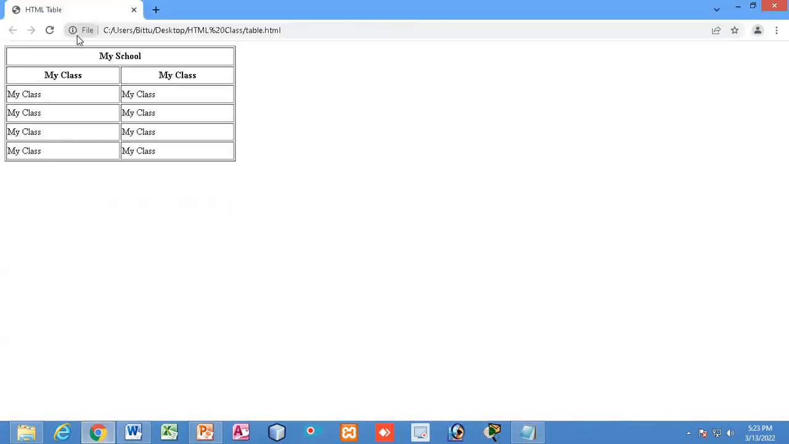Now let me check. Fine, we have done how to merge cells, how to use colspan to merge 2 columns, how to use rowspan to merge 2 separate rows. So I hope you have understood this thing, and